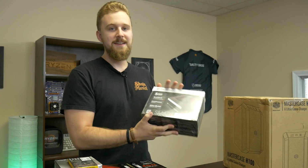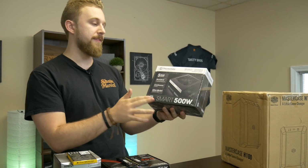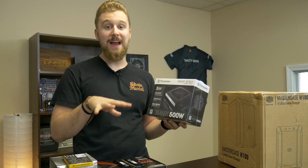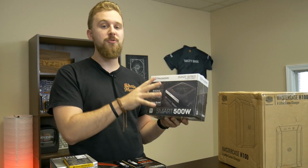for upgradability. Now to power this system, we didn't spend a ton of money on a really fancy power supply or anything. We went with this Thermaltake Smart Series power supply. It's a 500 watt unit, more than enough power to complement this system, and also future upgrades that we may add, which, stay tuned to the end of the video because we'll be benchmarking this thing with an